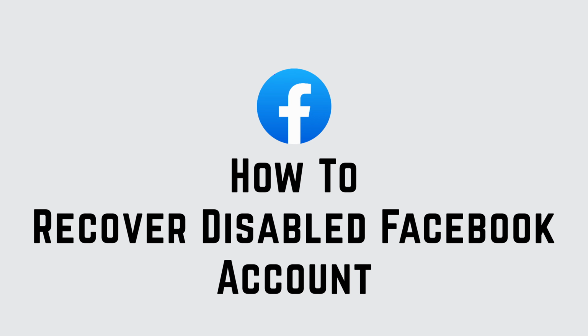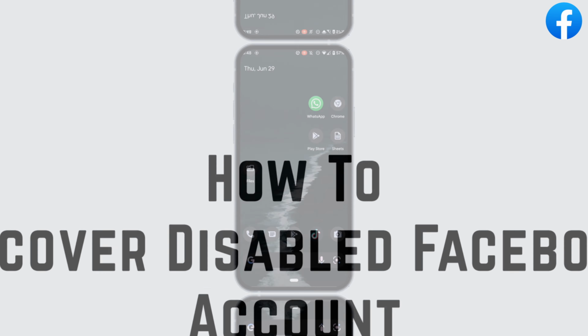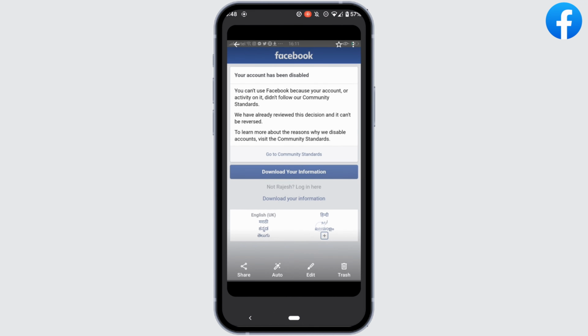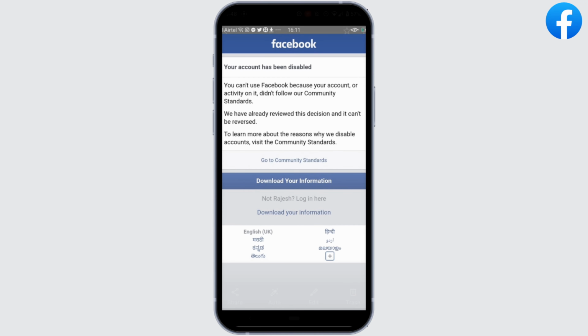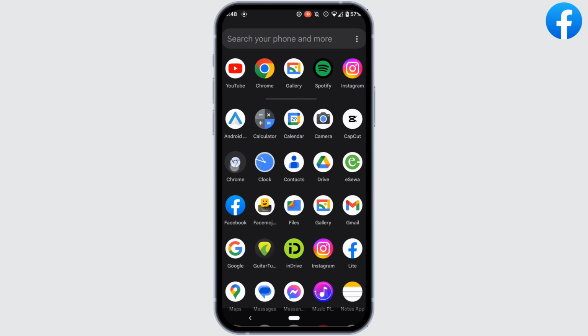How to recover disabled Facebook account. So you might be in the position where you try to log into your Facebook account, but it lands you on the interface where it says that your Facebook account has been disabled. It might be because you have done some activities that are against the community guidelines of Facebook. But if it's not the case and your account has been disabled mistakenly, then what you can do is head